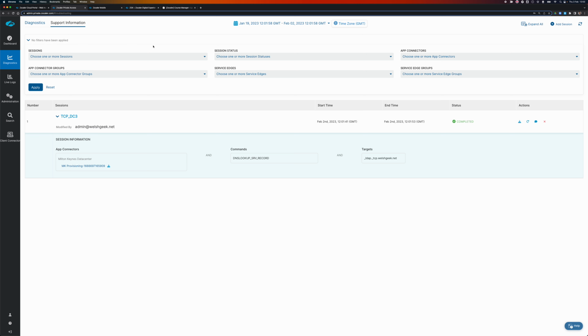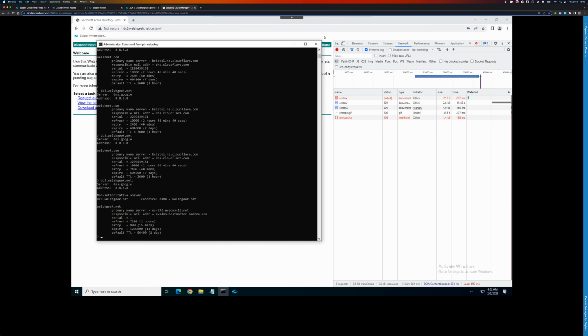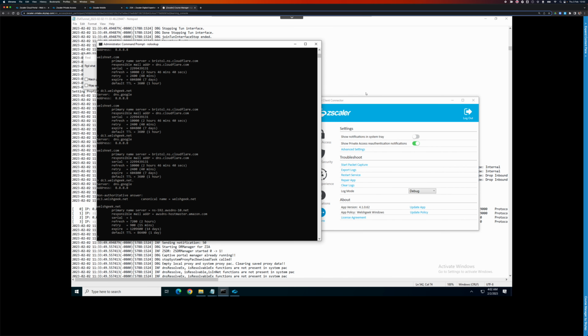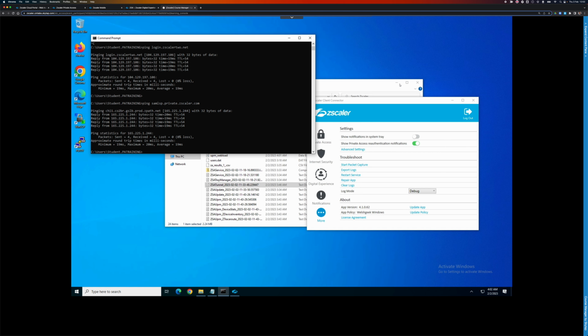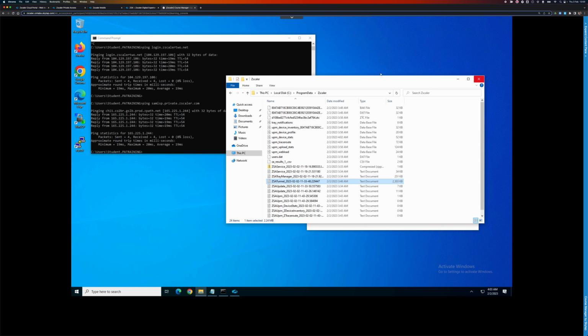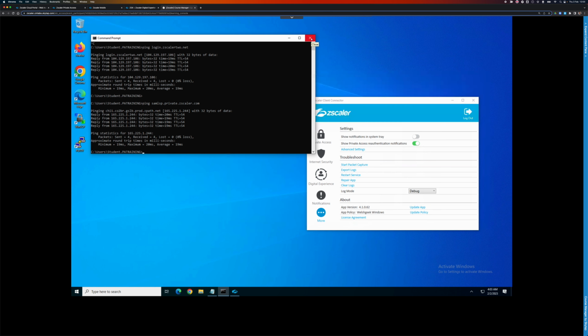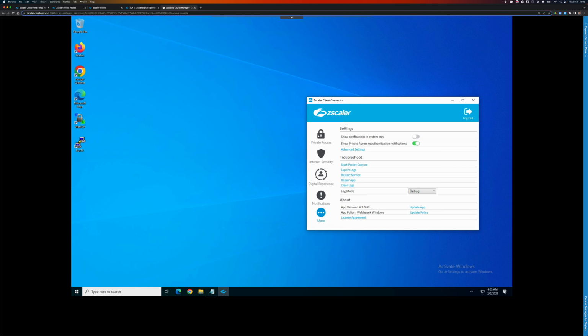And so with that, we've gone through how ZPA connectivity works, how ZIA connectivity works, the authentication process, and the connectivity. Now, of course, there are other problems that are of interest, so we can do a couple of other things. If I was trying to troubleshoot a problem, of course, HTTP and HTTPS headers are important for us to understand what's going on inside the payload. But we can do things like take packet captures within the Zscaler Client Connector. So if we start a packet capture, we could reproduce the problem,